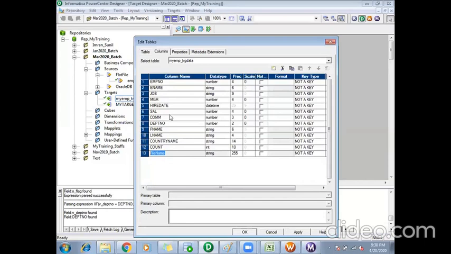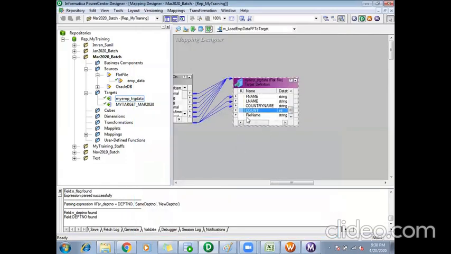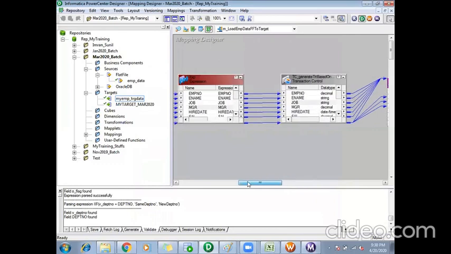Like other ports, this file name port is a default port which comes for the targets if it is a flat file. I can use this port in my target designer. I have used this now, apply, OK. So this port will reflect in all the mappings where I have used that target. Whatever value I pass to this file name will be taken as the file's name. It won't be in the record, it will be taken as the file name. So let's generate a name for that.